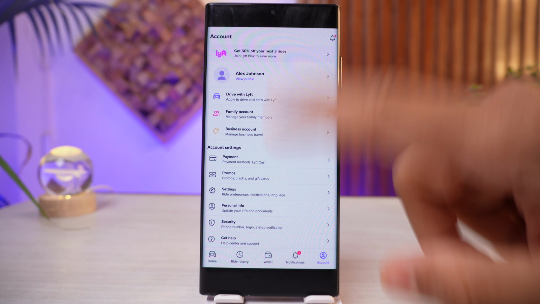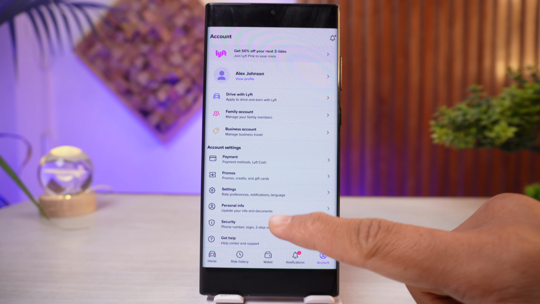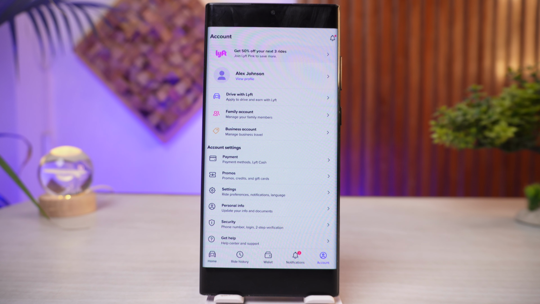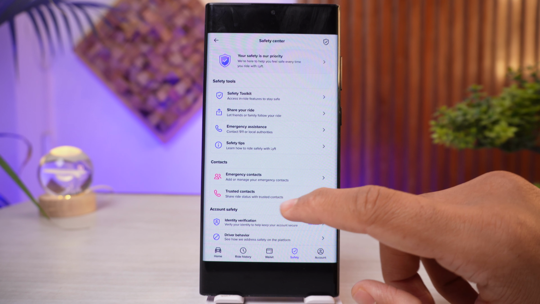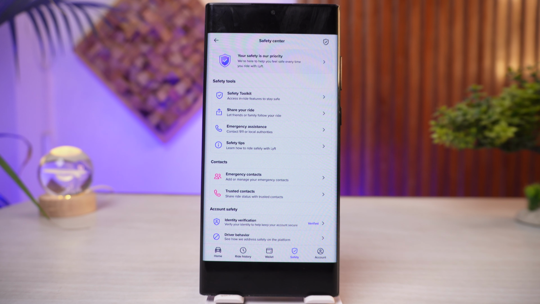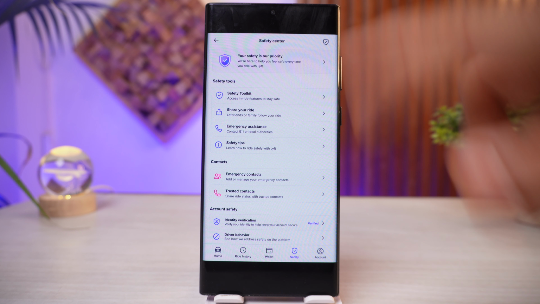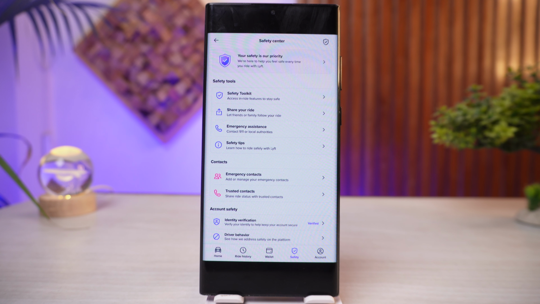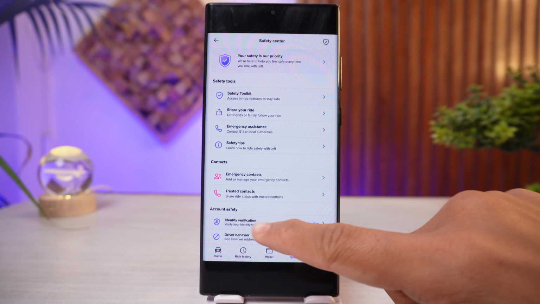And inside the accounts, you'd be able to see an option here called security. You want to simply tap on security. And inside the security, you'd be able to see this safety center over here. Once you're inside the safety center, you'd be able to see an option here called identity verification at the bottom